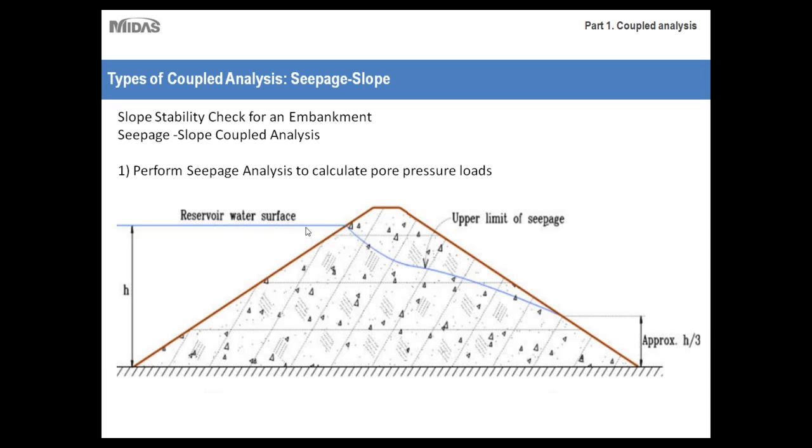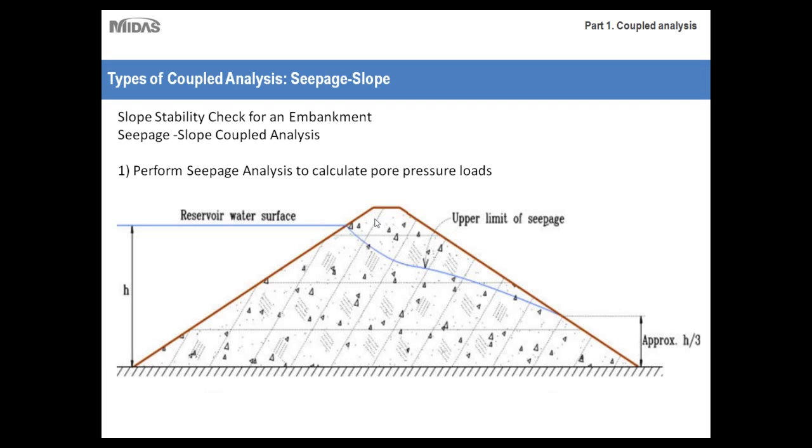But the main thing to consider here is that because the reservoir is full at this point, and because there's high water pressure at this side of the embankment, this will lead to extensive amounts of seepage going into the other side of your embankment, or the dry side. As you can see, here's the phreatic line or the seepage line. As water pushes itself from a high water pressure to a low water pressure, this creates a pore water pressure, which affects the stability of this nearby slope, or the slope on